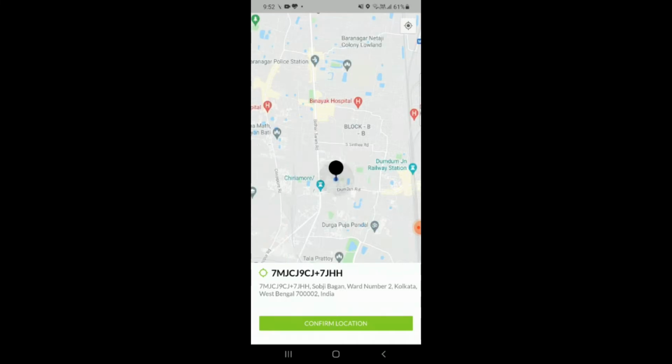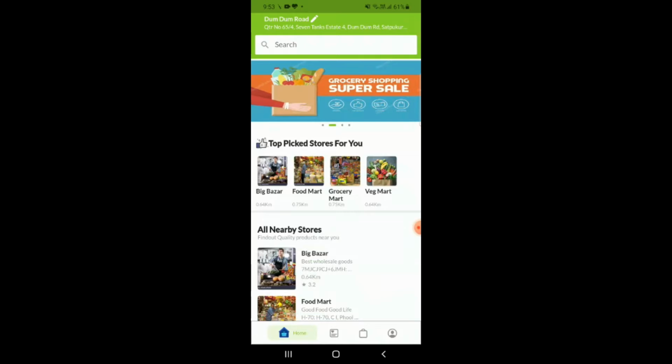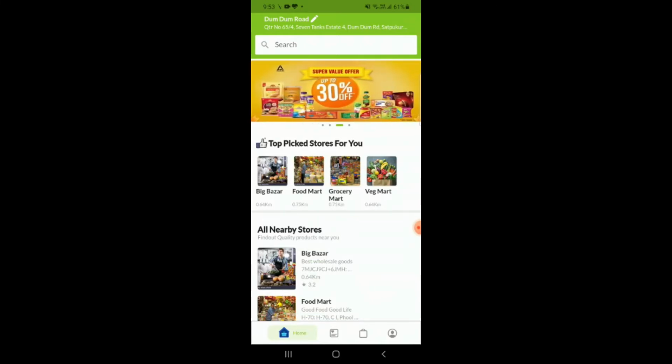So this address will in turn be used as a focal point from which the other vendors' locations will be taken into account, and the distance between our place and the shop place will be measured, and we can understand which shop is closer and which shop is not. So since we have already chosen the address, I will go ahead with the working.